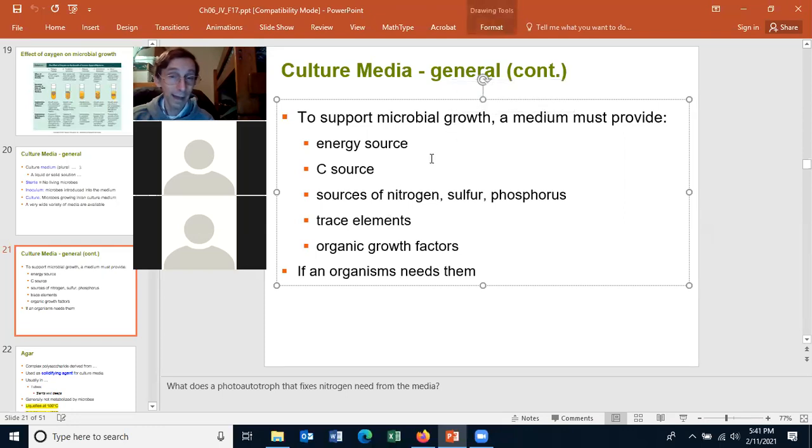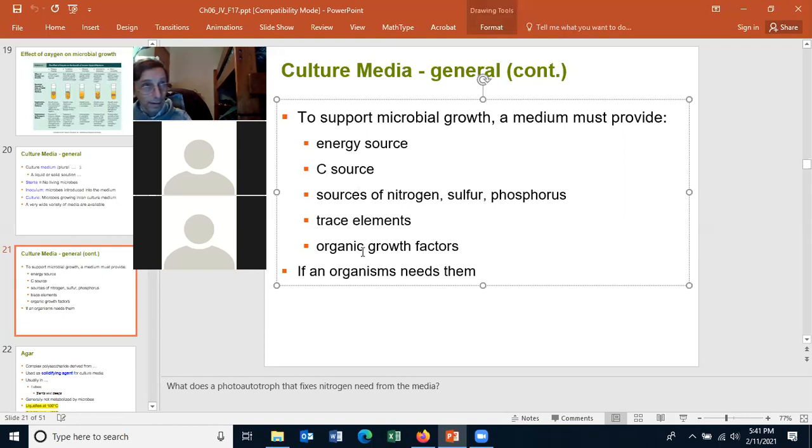But as I said, a photoautotroph doesn't need an energy source or a carbon source, but it would need a nitrogen source, a sulfur source, and a phosphorus source, and of course the trace elements from the media or from the water. For most bacteria, we don't need to add an organic growth factor, but sometimes we do,